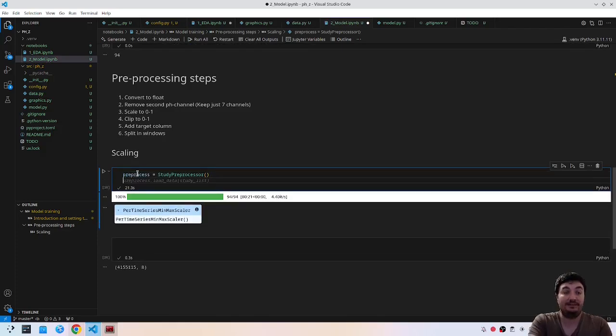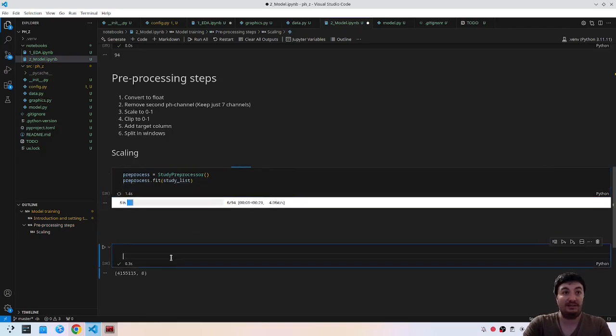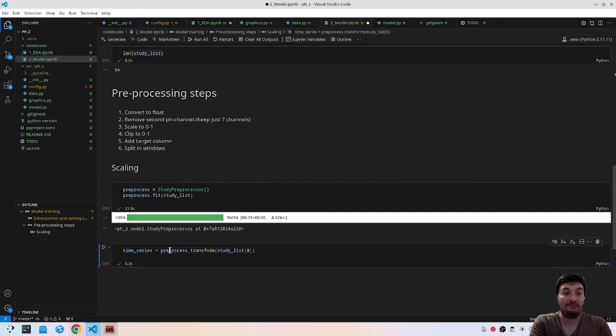So we have this. We can fit, and then okay, let's see if this works. Okay, and then we can preprocess, transform, something like this. Let's see. Okay,